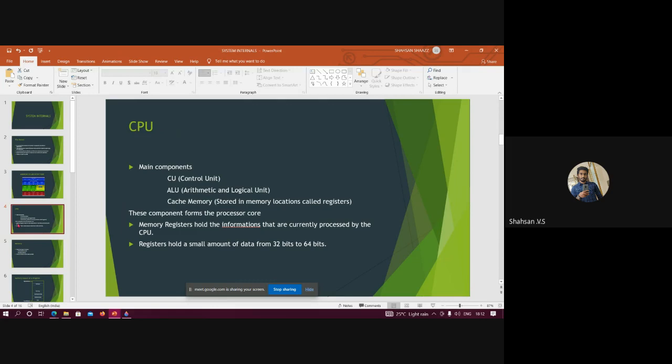So in the CPU itself, there is a cache memory. It is usually 32 to 64 bits, and this cache memory helps in faster information transfer. So it is faster than RAM, we can say. Information is transferred faster than in RAM. In cache memory there are registers, and these registers are used to hold information that is currently being processed by